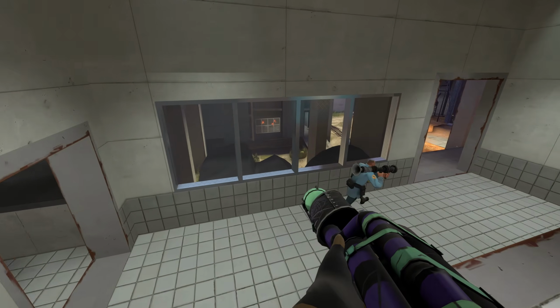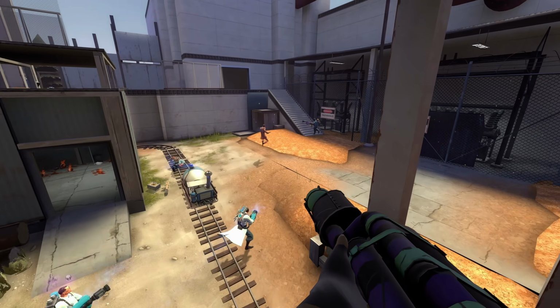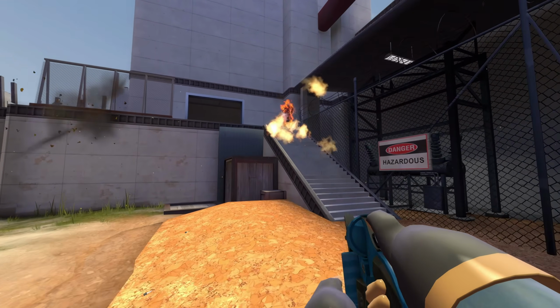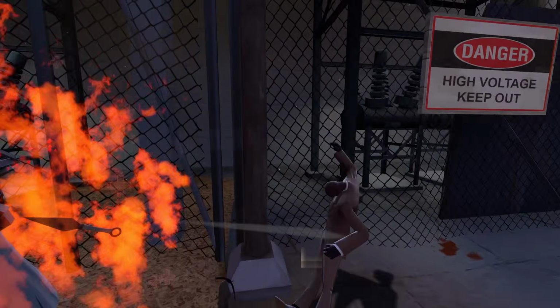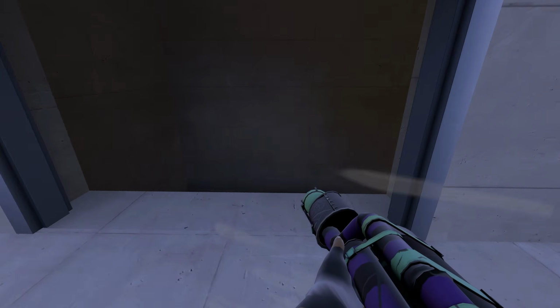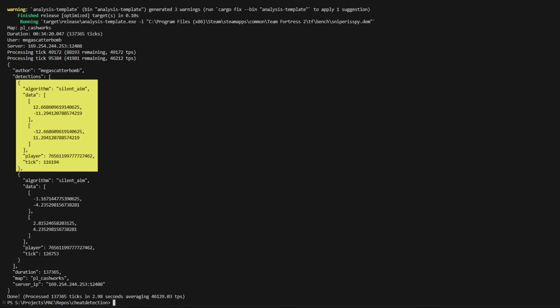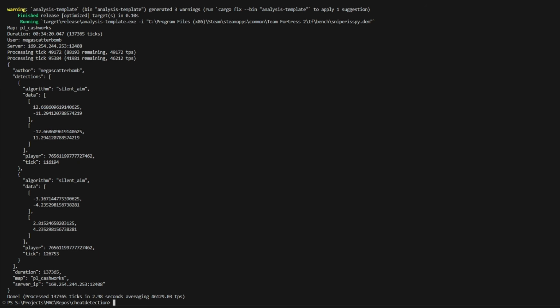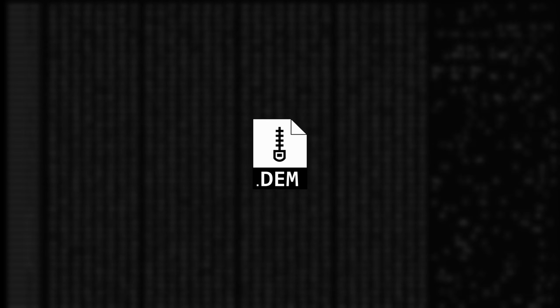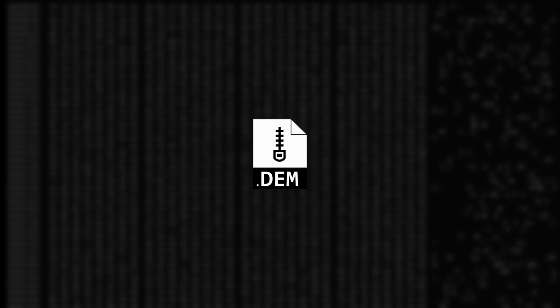Now this demo is 137,000 ticks long, about 34 minutes. And I could scrub through the entire demo looking for suspicious activity, but I don't need to. I have the Anticheat. Within 3 seconds, the Anticheat scanned the entire demo file and found 2 instances of silent aim. One at tick 116,194 and another at 126,753. All we have to do now is go to those points in the demo and confirm if these detections